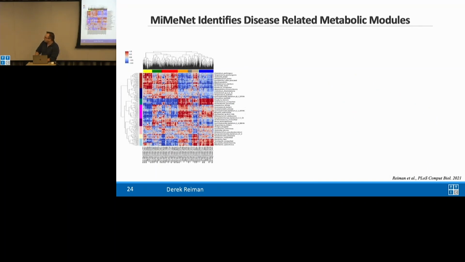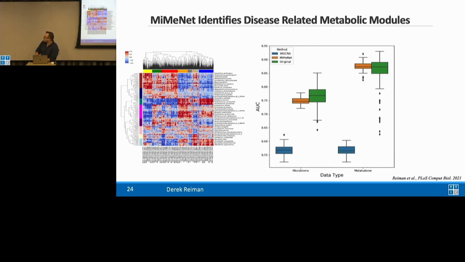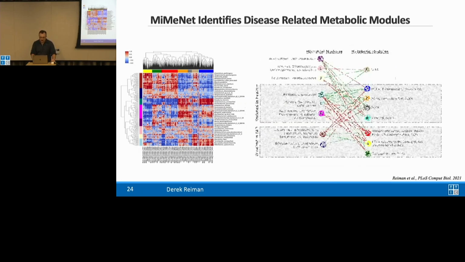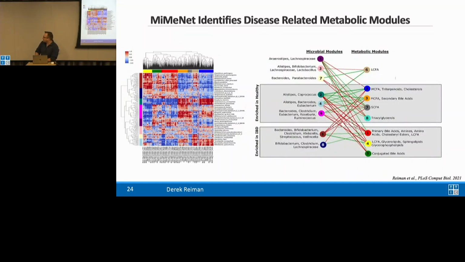So back to IBD, we did a case study where we clustered. We also observed that using MIMEnet modules, the features that we can construct using our clustering, had the same level of prediction performance for the disease state compared to just using the original features. This was interesting because MIMEnet is never given information about disease state. Upon post-analysis, we can identify specific microbial and metabolic modules related to healthy patients and diseased patients in this IBD study,